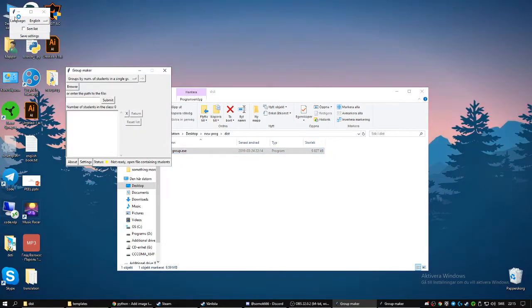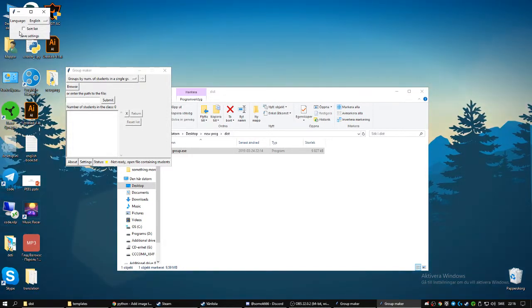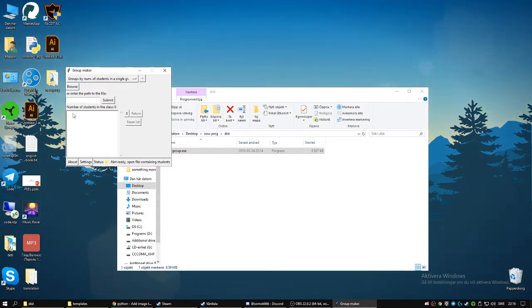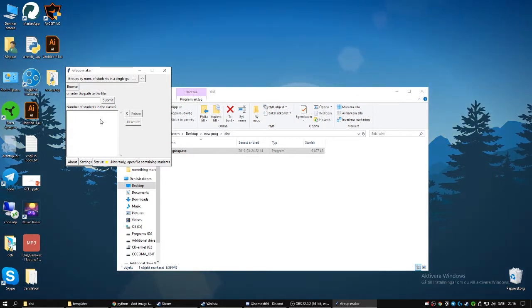So as you can see, there are three languages: English, Swedish, and Russian, and there is also an option to sort list. It's basically sorting the list here. For example, if you want your students to be sorted in alphabetical order, starting with A and all the way down to Z,